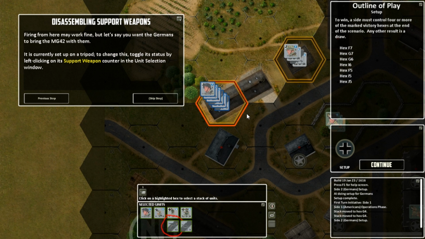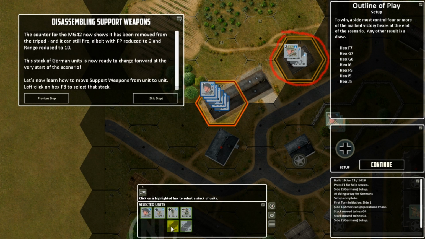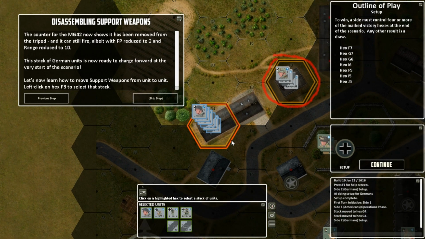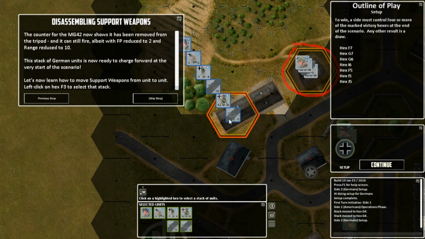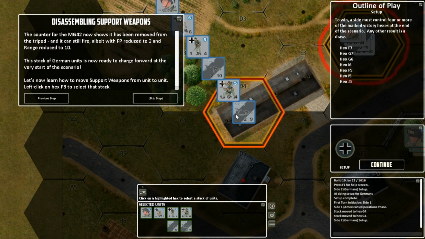Firing here may work fine, but let's say we want the Germans to bring the MG42 with them. It is currently set up on a tripod. To change this, toggle its status by left-clicking on its support weapon counter in the unit selection window. Now it's deselected, now it's disassembled, so we can carry it. The counter for the MG42 now shows it has been removed from the tripod, and it can still fire a bit,